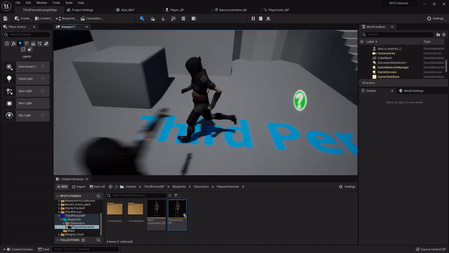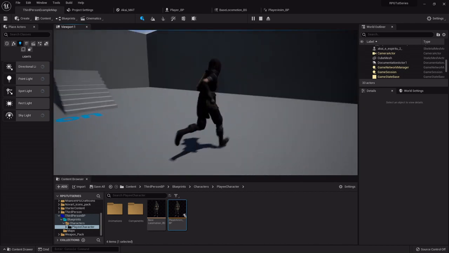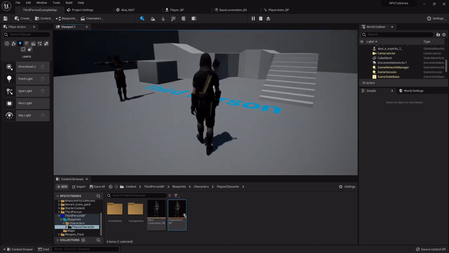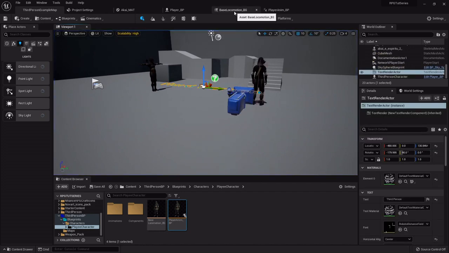And she runs a little bit, it looks a little bit better. So what we can do to kind of clean it up just a little bit more is, back in that base locomotion blend space,